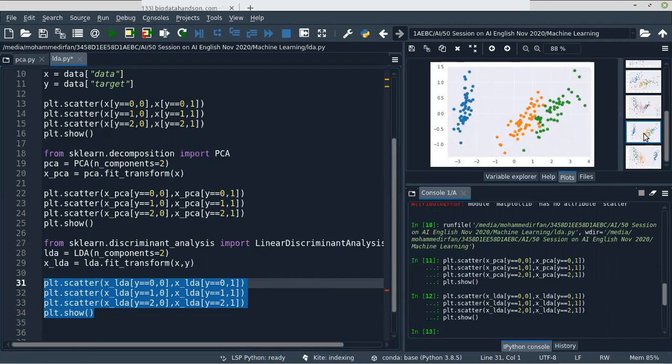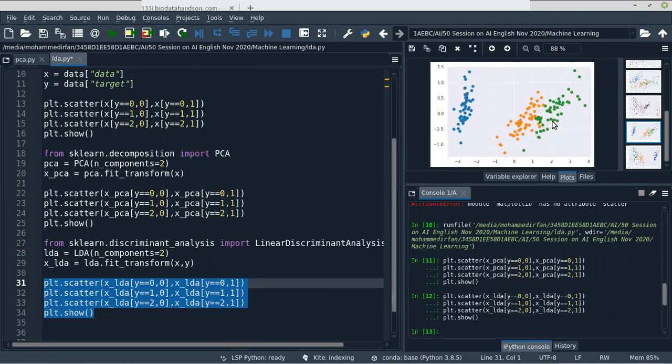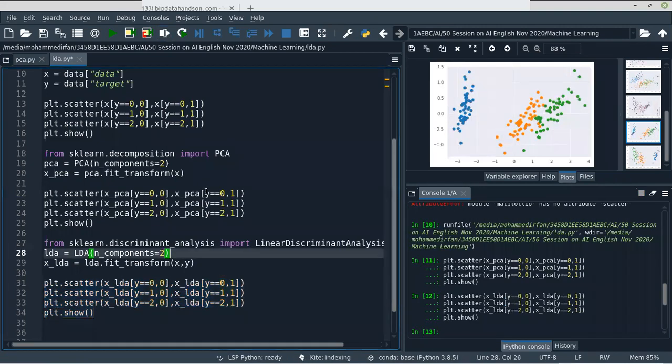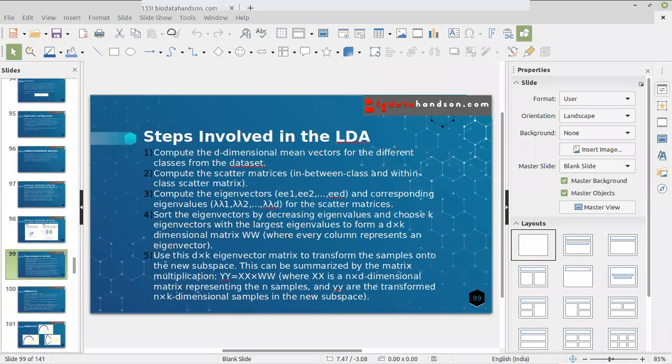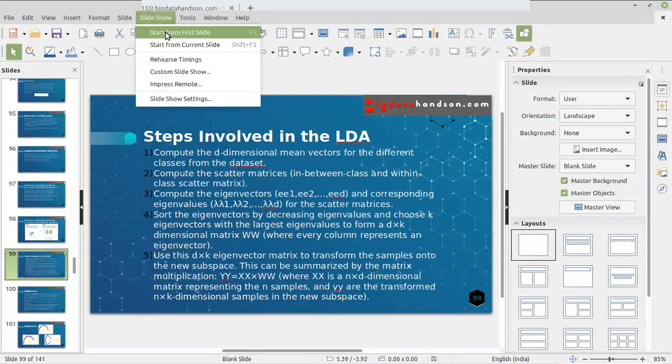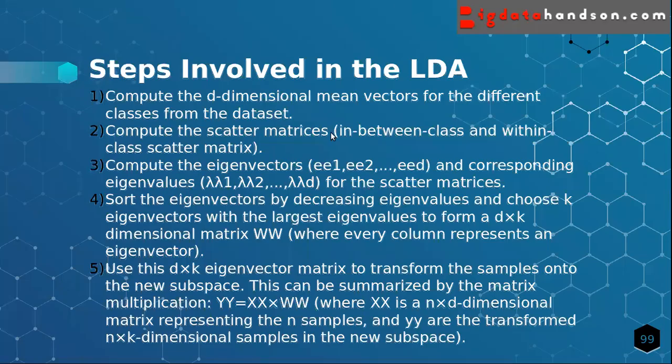It has the good class separability, right? So here you can see you can separate the classes. Here it's intersected with the classes. Okay, this was the LDA, and now we'll move on to the next algorithm, that is kernel PCA. So kernel PCA,